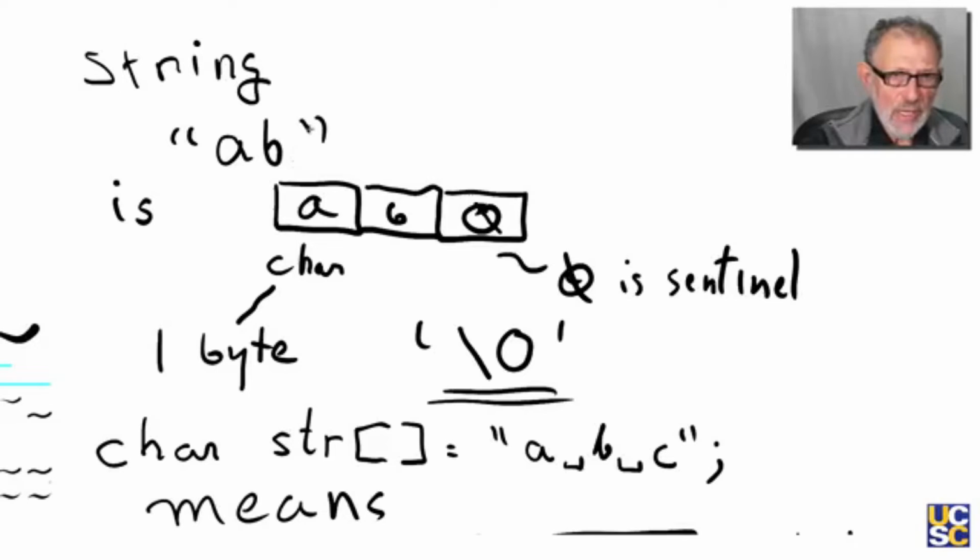So this string, AB, denoted by the string constant with the double quotes, is really, in its internal representation, the character A, a char, typically placed in 1 byte, the character B, a char, again in 1 byte, and what we're going to call the sentinel character, we're going to indicate that it's a 0,